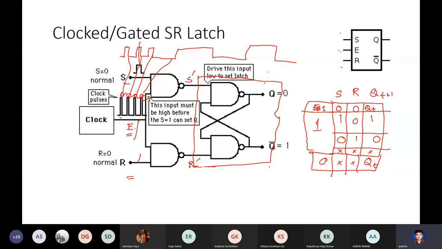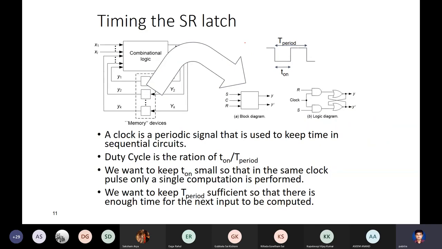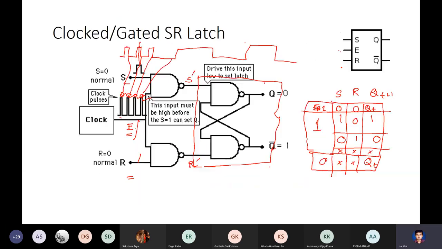Okay. So now, how much do we keep the width of this clock pulse, the on time? The clock, as I said, is any periodic signal that keeps time. So you have an on period and you have a total period. Then the duty cycle is T on by T period. So what we want is that this clock pulse should be very thin,